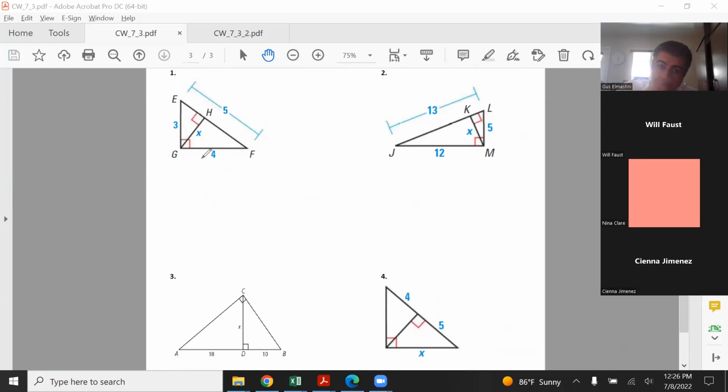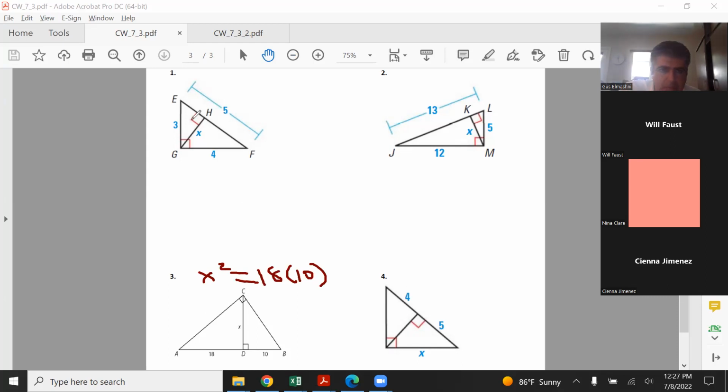Remember, if you compare a leg, there's a few ways you could look at it. Like here, you could say for number 3, for this one here, you could say,